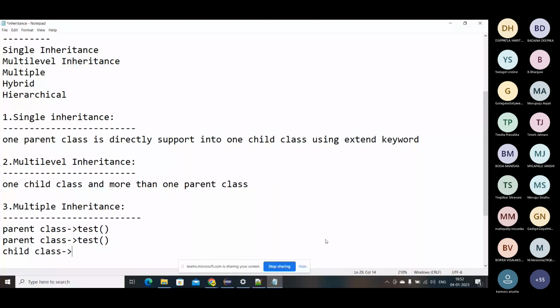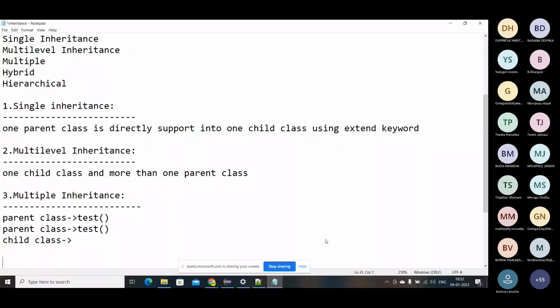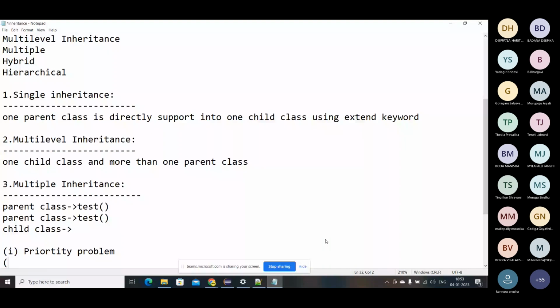The issue is why we are not using multiple inheritance. The first thing is a priority problem: which one should I give priority? This problem will arise. And the second one is we'll get a compilation error or syntax error.